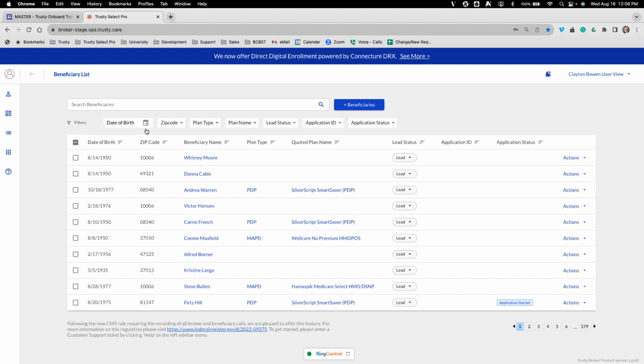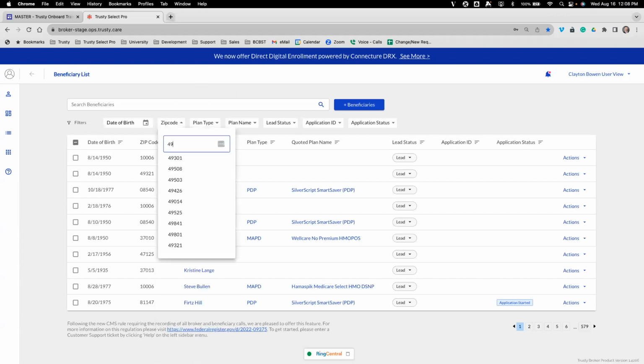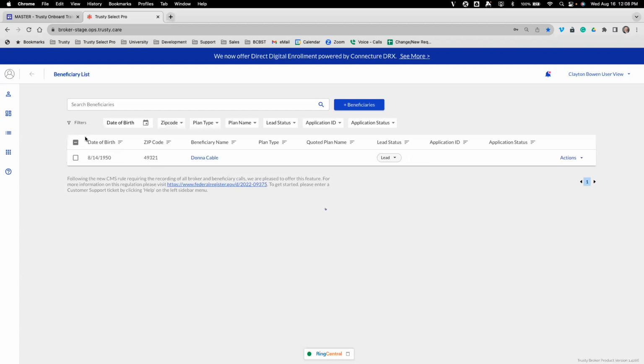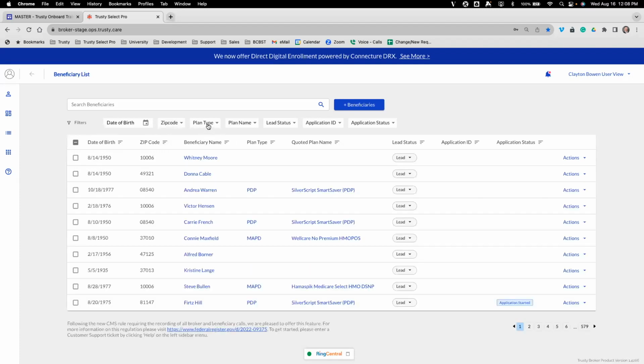Now, up here at the top, you have filters. So if you want to search by a specific, let's say, zip code, you can do that, and it will pull up all of those with the zip code, let's say 49321. I select it, and there I have one, but it would pull up everybody in that particular filter that I selected. To get rid of that, I click the X, and then I can filter by plan type,